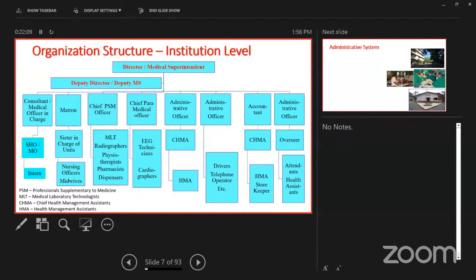Then there is a category called chief paramedical officers. For this category, there are EEG technicians, then ECG technicians or cardiographers, then ophthalmic technologists, then PHI, PHM. Again, although midwives are supervised by the matron, they are actually in the paramedical category, but this is how the paramedical category is. Their activities are allocated and supervised. So this is the sort of clinical categories working in the hospitals, and this is the sort of